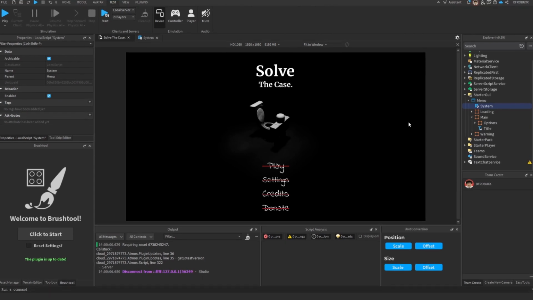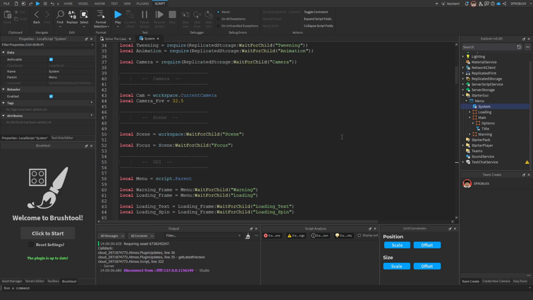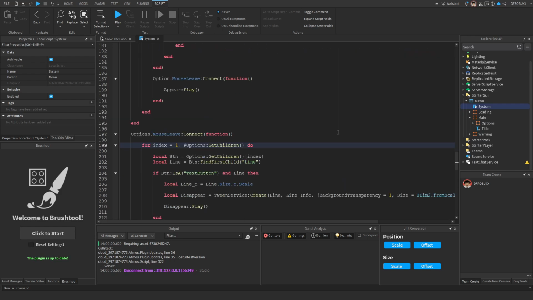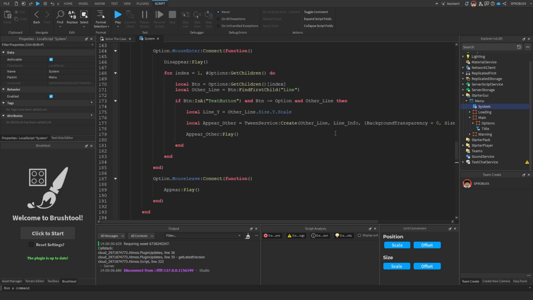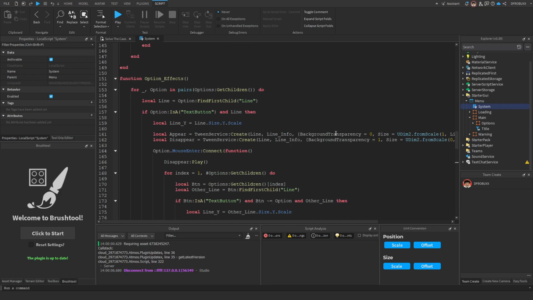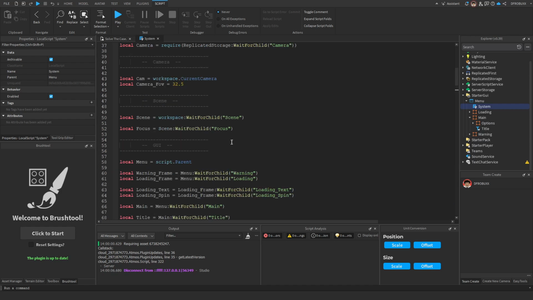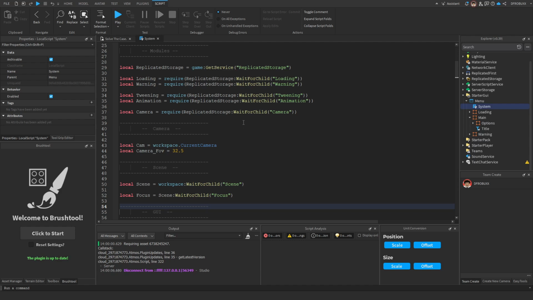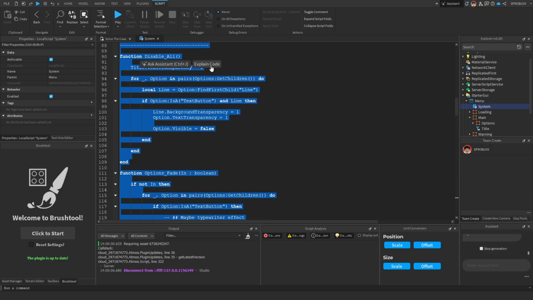So here we have a menu I made for a game that isn't out yet at all. This menu actually has quite a lot of functions and scripts and whatnot. So I want to see if the AI can explain what it actually does. Now you can see that I actually already made some comments here, so this should be easy for the AI to do. I'm just going to select the entire script and I'm gonna click explain code to see what the